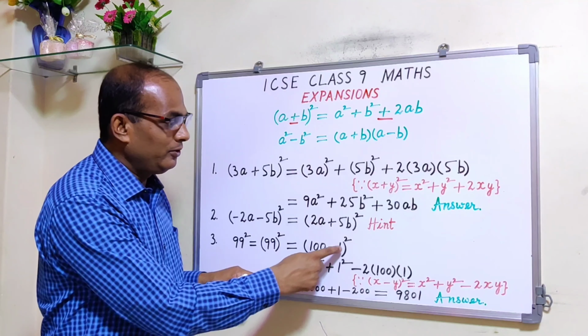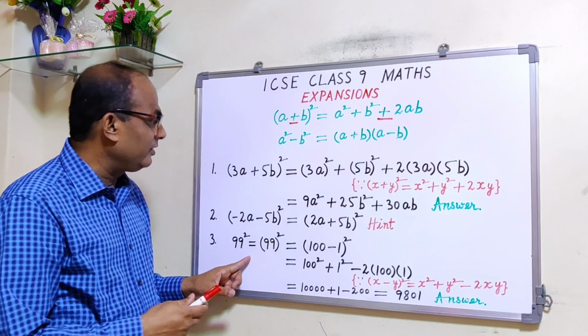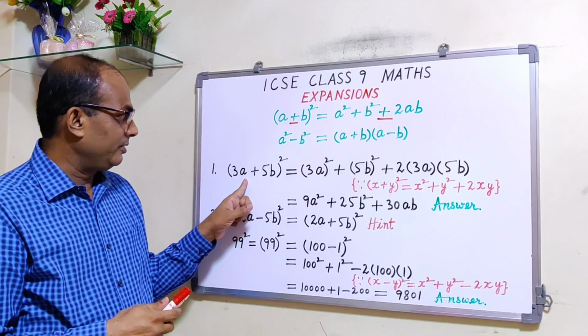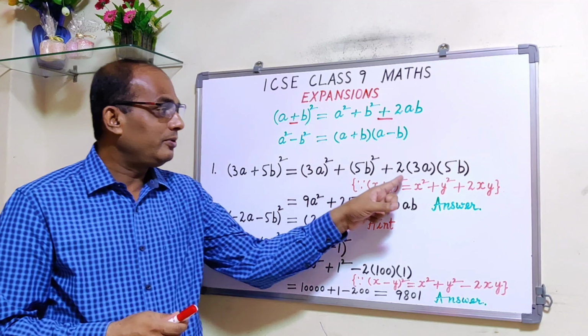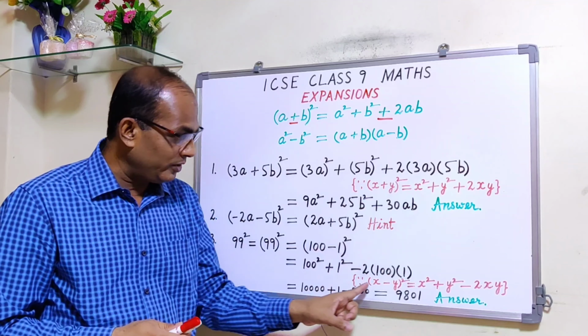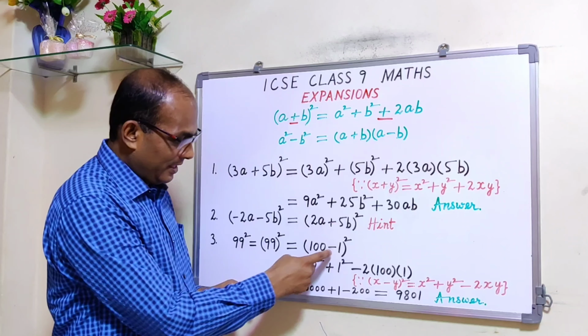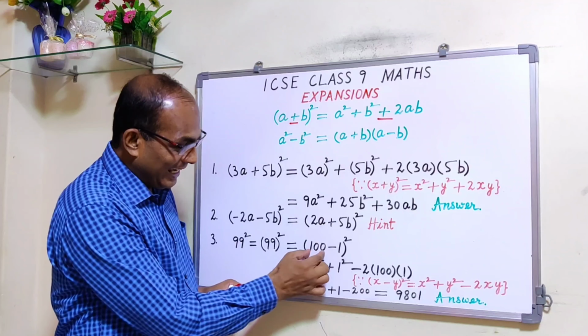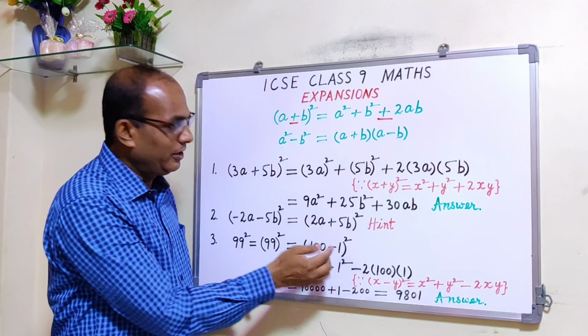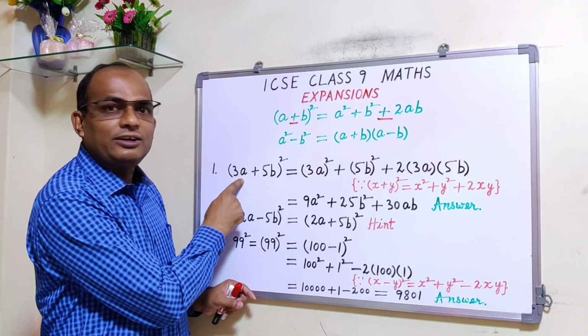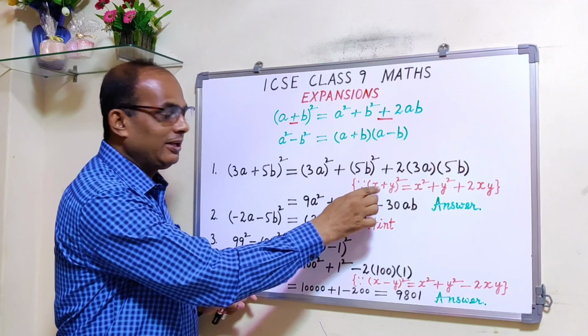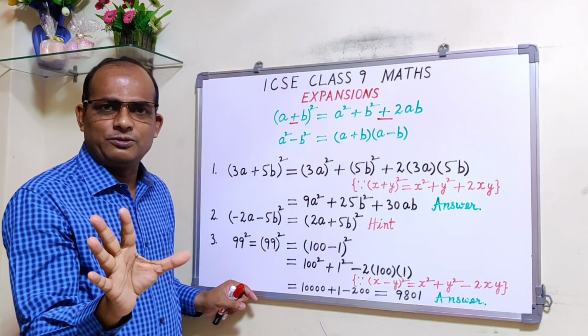Now a minus b whole square, purposely I chose this question so that here I showed you how to use a plus b whole square, x plus y whole square. Now I am going to show you how to use x minus y whole square. So 100 minus 1, a minus b, or here you can use a minus b. Because here you don't have a, here you have a, that's why I told you not to use a plus b. Then also you can use, it is up to you.